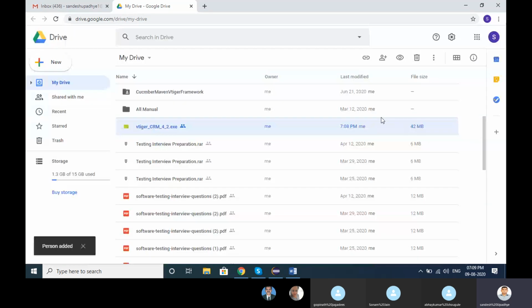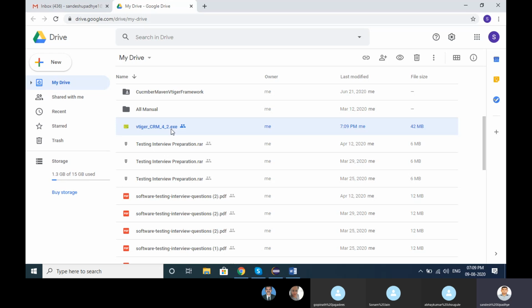I just sent one vTiger CRM .exe file. You should get one email. If anyone is not getting the email, let me know. Just refresh your email. Just download this vTiger CRM. Don't install it, because while installing there are some settings. While installing, the database should be created, the file should be created, and we need to change the port.